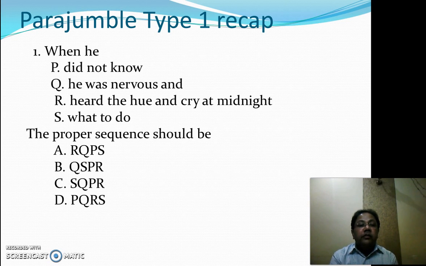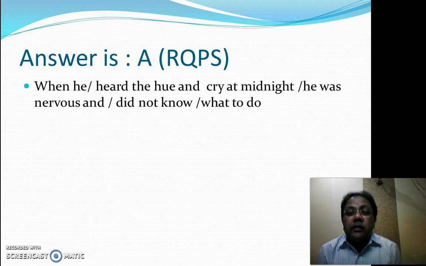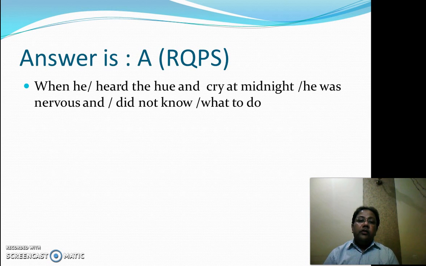We will try to fit this. "When he heard the hue and cry at night, he was nervous and did not know what to do." So obviously A is the option, that is RQPS. Fairly simple, my dear friends. So the answer is option A, RQPS. So the sentence would read like, "When he heard the hue and cry at midnight, he was nervous and did not know what to do." So I am sure, my dear friends,